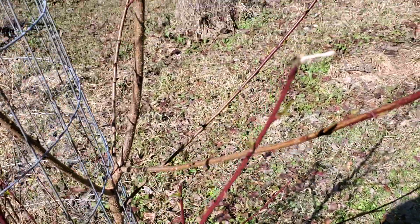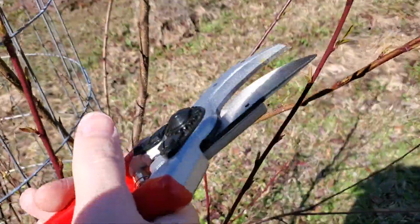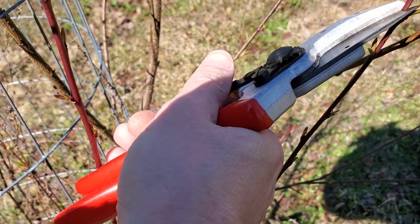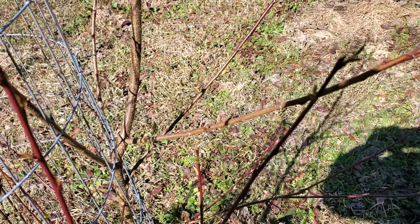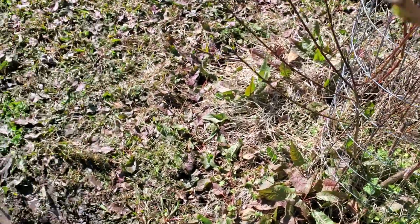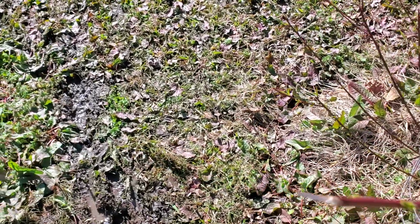See, all I'm doing is, so that's some deer damage right there on the tip, you can see. So I'm just gonna cut out this section right here. And that's all I'm cutting, is just the very tip, just so that it'll heal over a little bit cleaner. You can see it's jagged right here on this one. So same thing, just